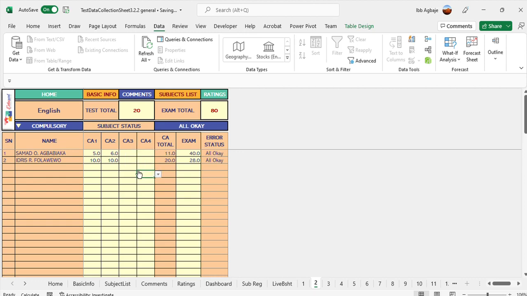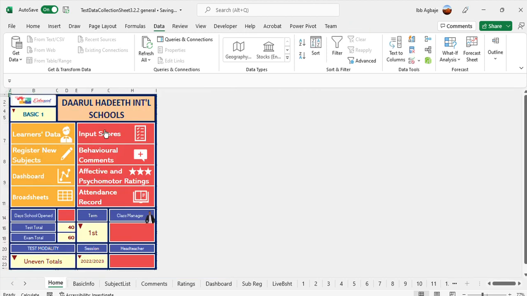So just give it some time. So everything is all okay now, because the test scores are now 20 or below, and the exam scores have not exceeded 80. But if you now put this to be 85, for example, you're going to have an error. That's it. So I'm just going to undo that, and then everything should be all okay again. So basically that's it. Let's now go back to the home page,